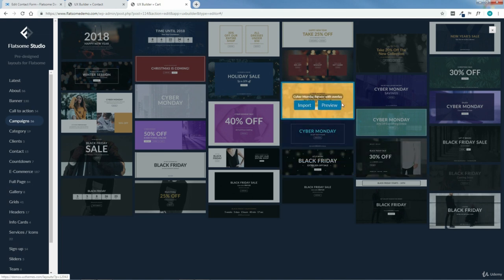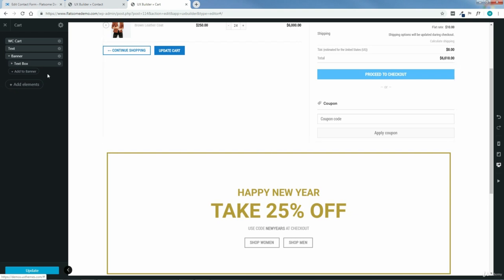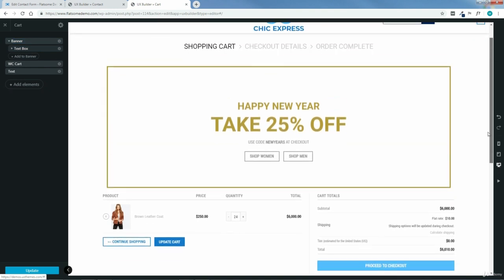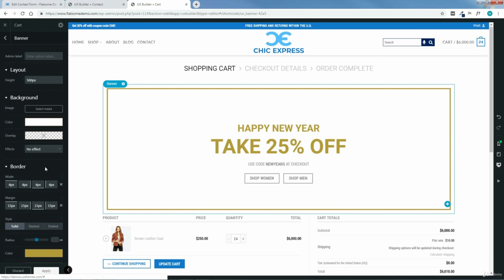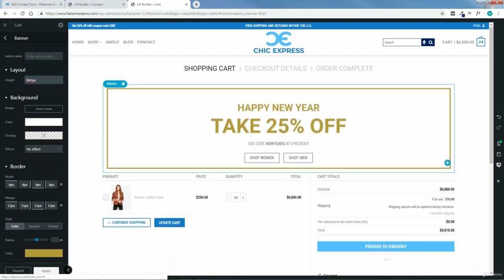So let's say, let's just go ahead and do this one. We'll import it. And we'll go ahead and put this up here. There we go. And of course, if we open this up, we can change the height, so we can shrink it a bit. That's a little too big. There we go. And you could even link these buttons here, shop women, shop men, to your women's shop and